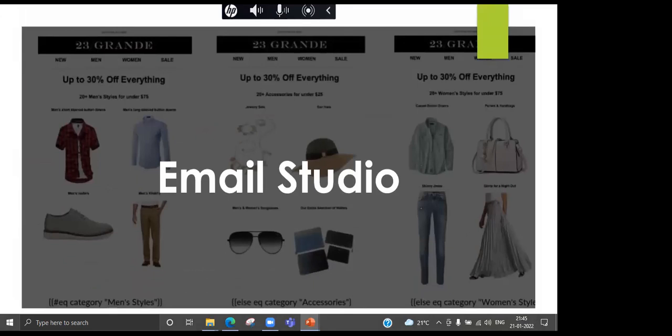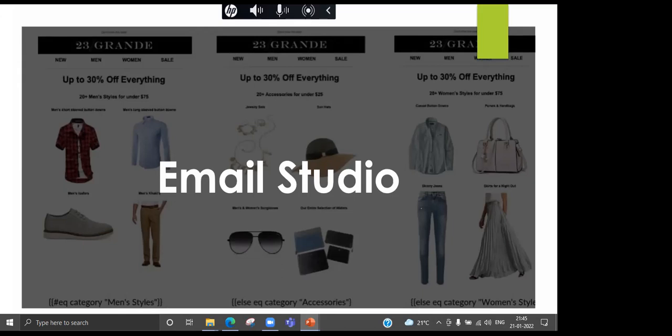Then we already saw what Email Studio is. In Email Studio, we will be designing creative content. That content will be based on the available data, so those emails will be personalized. Suppose somebody purchased a product, in that email we will automatically get the product purchased. We will automatically get the name, invoice details, bills, everything.